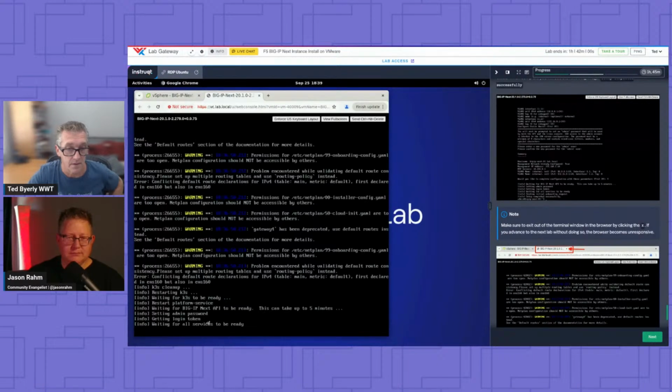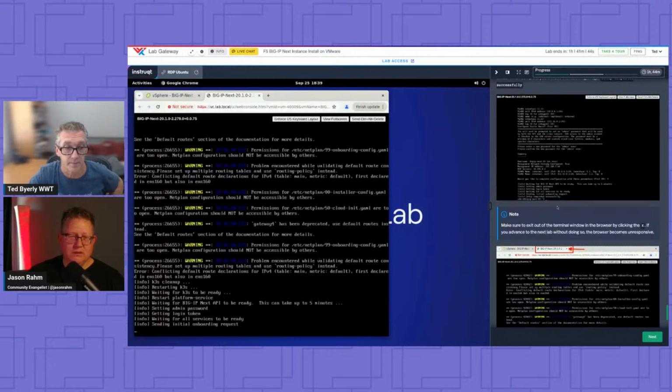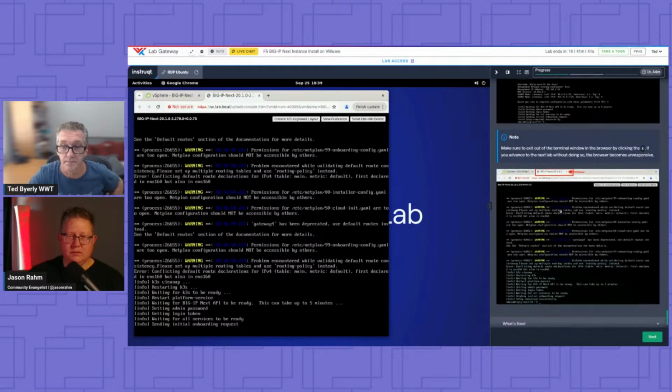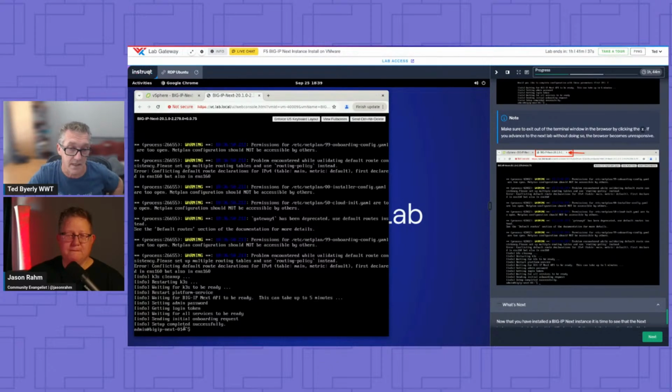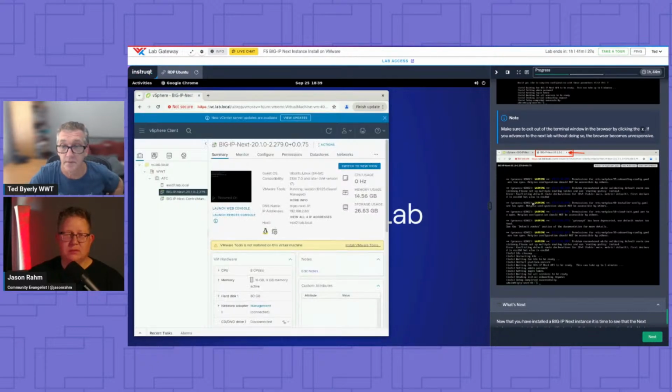Getting login token. So it's just about ready here, right? And I do want to call out, if you're doing this lab, this big one, right after this is ready, if you switch back over here in this Chrome browser, I've had it become non-responsive. So we're going to exit out of this window as soon as I get the central manager ready. The all clear. There you go. So it's set up, completed successfully. It's ready to log in. Now it's called out in the lab. If you don't, your lab might become unresponsive. So I make sure we get out of that, right?